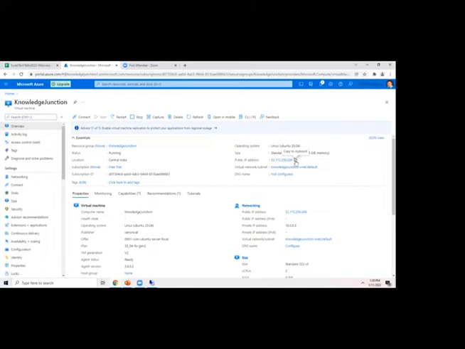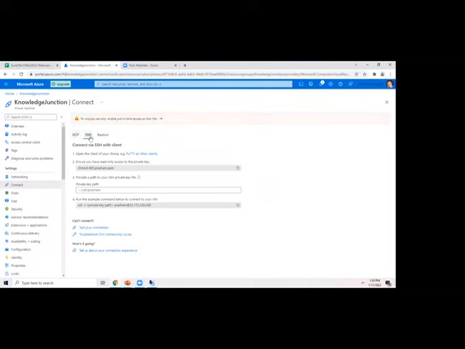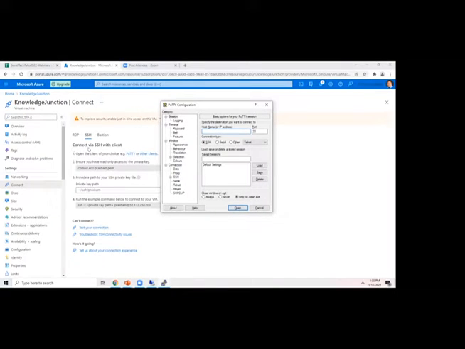We could connect with SSH as well. If you go to the connect options, you will get options like RDP, SSH, and more. We could test our connection here to these virtual machines, whether it's working successfully or not. With SSH, we could directly connect with the help of Putty. Putty is like a telnet kind of application which allows us to connect to this virtual machine with the IP address. Then we'll get only the shell there.